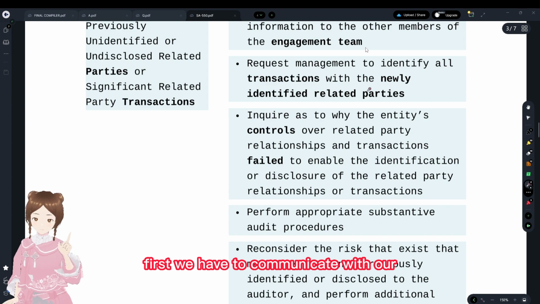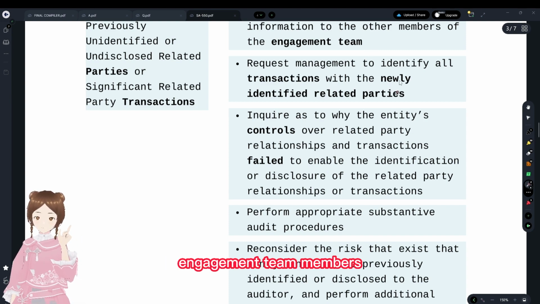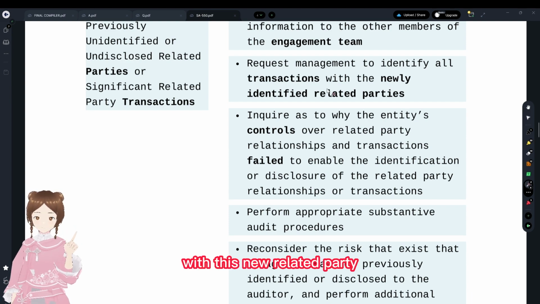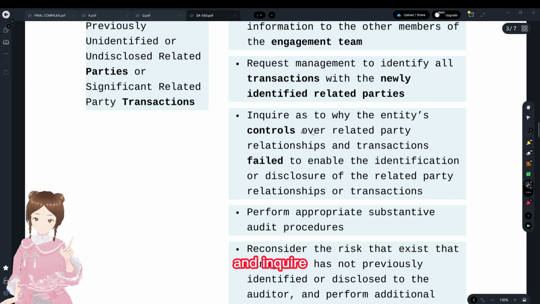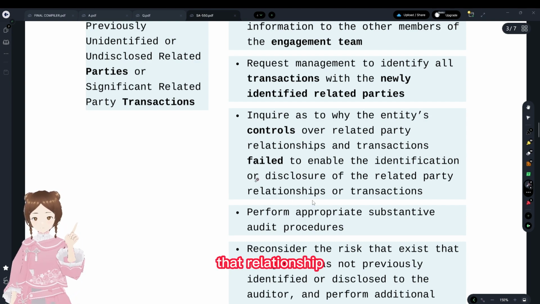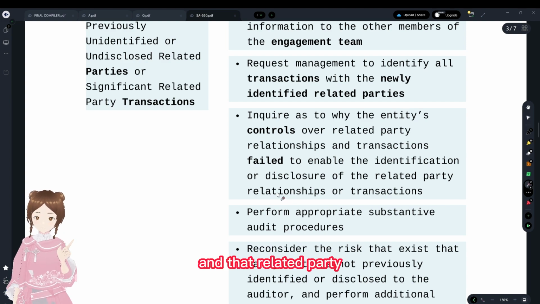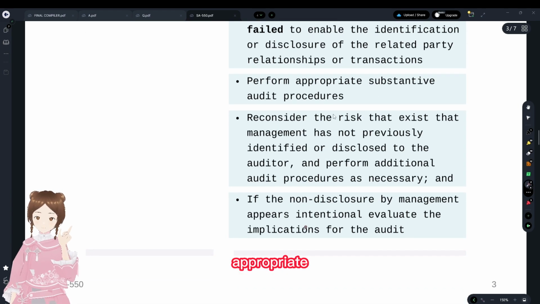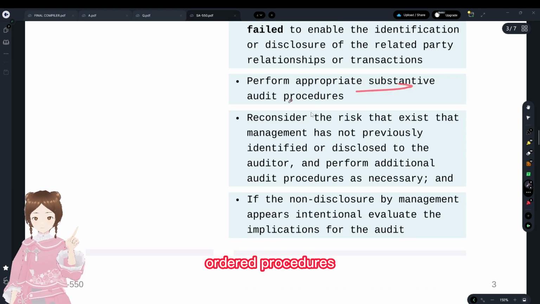First, we communicate with our engagement team members, and then we request management to identify all transactions with this new related party and inquire why the entity's controls failed to identify that relationship and those related party transactions. We have to question the internal controls also and perform appropriate substantive audit procedures and reconsider